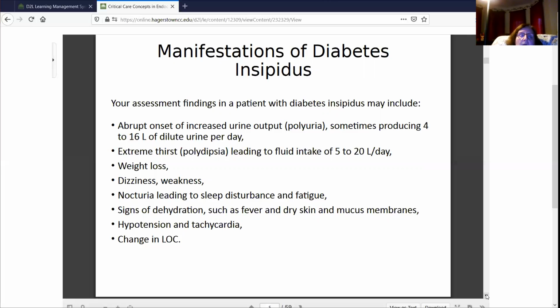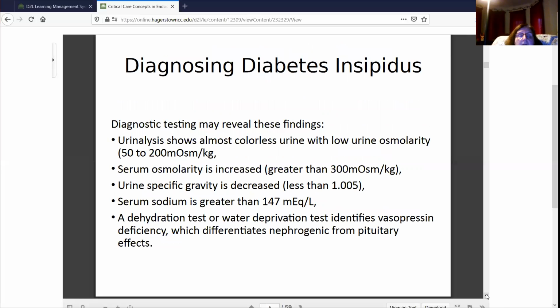Weight loss, dizziness and weakness because of the hypertension that they have. Nocturia, leading to sleep disturbances and fatigue. Signs of dehydration, such as fever and dry skin and dry mucous membranes. Hypotension and tachycardia. Change in their level of consciousness. Okay. So